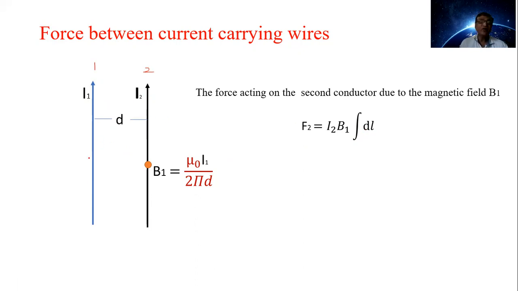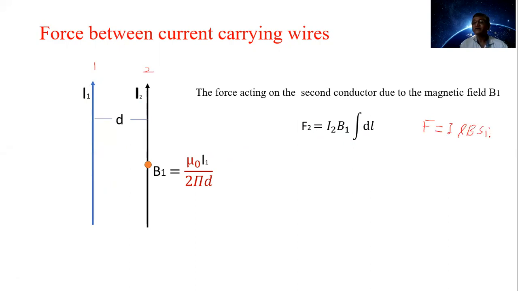We consider a small part of the length as dl, and hence we take the integral over the total length of the wire. Therefore, the force acting on a current carrying wire is given by F is equal to